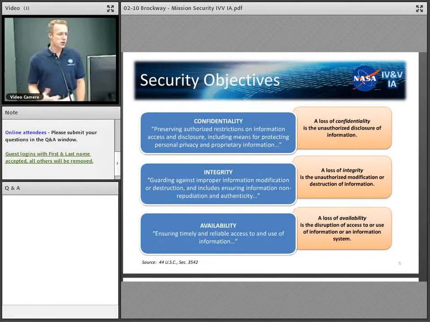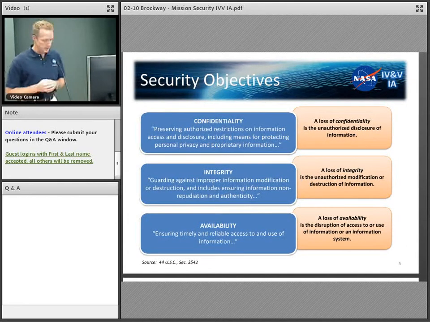So we won't go in very, very deeply here, but the whole idea is that you have to address the confidentiality, integrity, and availability. So Martin gave some examples. You've heard some examples in some of the other discussions, but you're wanting to prevent unauthorized disclosure, unauthorized modification, or disruption of access to your information system or to your asset.